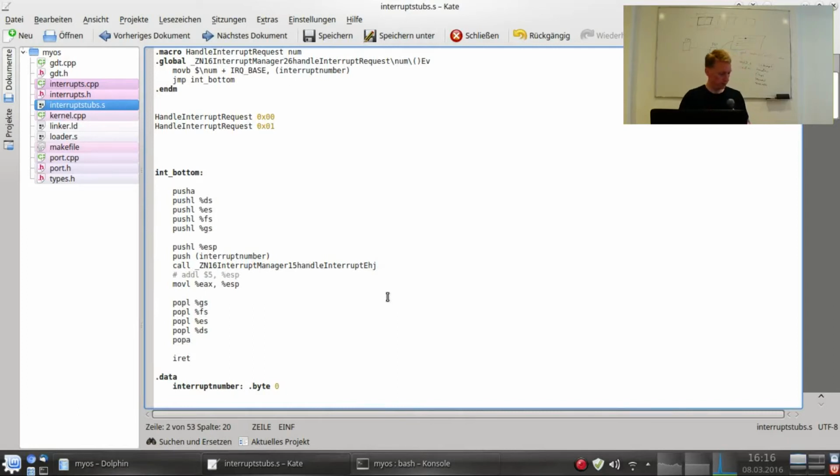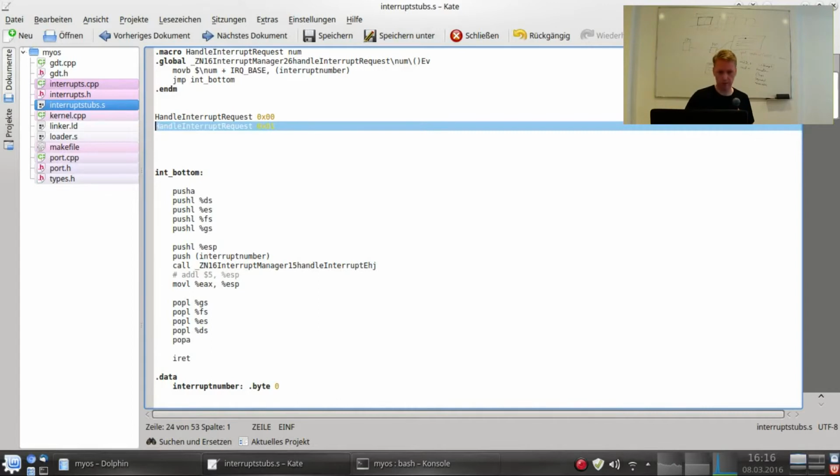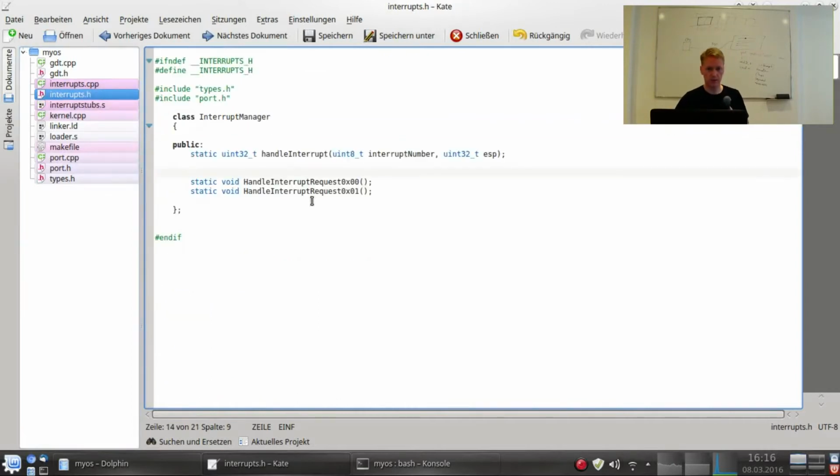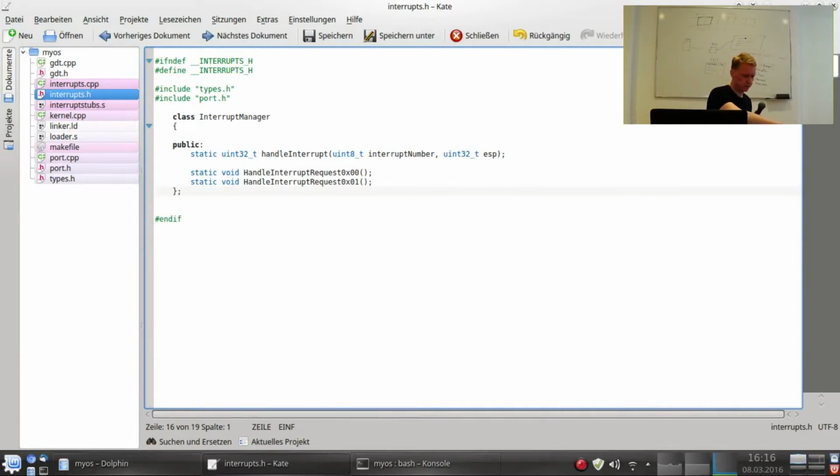Yes. So this looks good now. And of course, for more interrupts, you would just copy this several times, okay? So now, I think this should complete these interrupt jump targets. So now we need to construct the